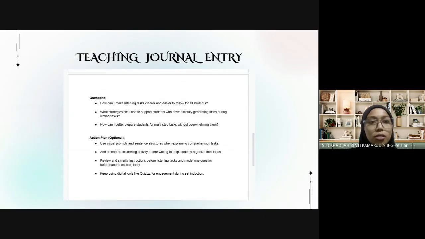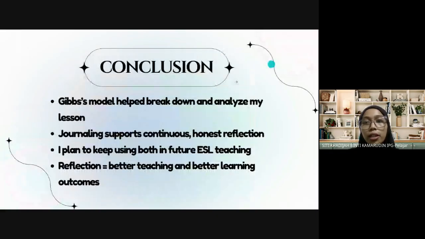Okay, so that is the teaching journal entry that is a bit different from my previous reflection, which just has everything chunked in and mixed in a paragraph base. So teaching journal entry gives me more detailed sections. All right, so